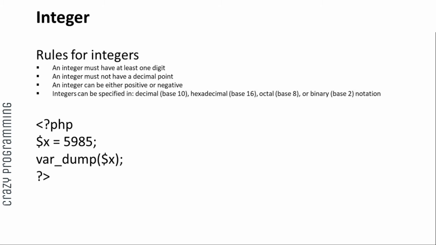Var_dump is used to detect which data type is used. Inside var_dump I use the x variable, which shows the value of the variable. We will see it further in the practical version, how it is going to show the output. Okay, let's go with